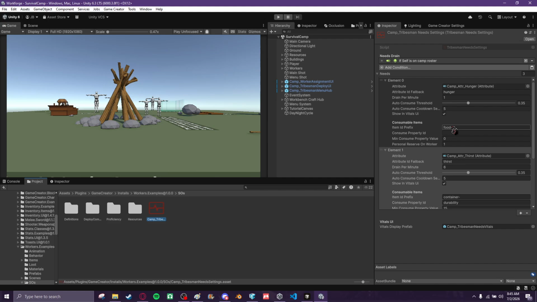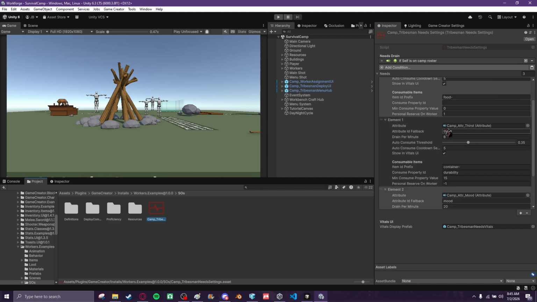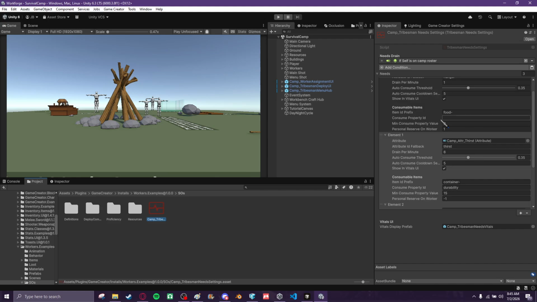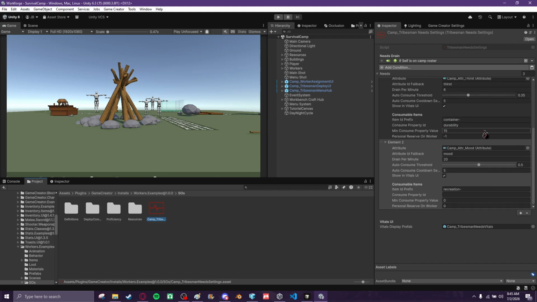I'm actually pretty proud of how I have this working. Tribesmen will take any item that has a certain prefix for the ID, and they will use that item to fulfill any need that they have, like hunger, thirst, and these are all configurable, changeable,